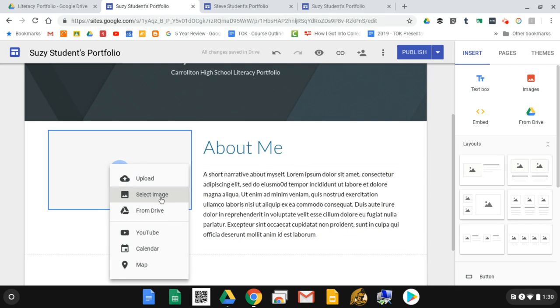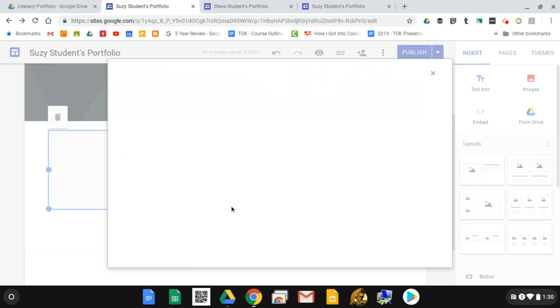Now, you may have a really nice picture of yourself. Remember that this is a professional product, which means that a selfie or a picture of you being silly or making a funny face is probably not the best one to choose for this product. So if you have a good professional photo, maybe a school photo, you could add that. Otherwise, you can choose to include an image that you feel symbolizes you in some way or captures a sense of who you are. And I'll just